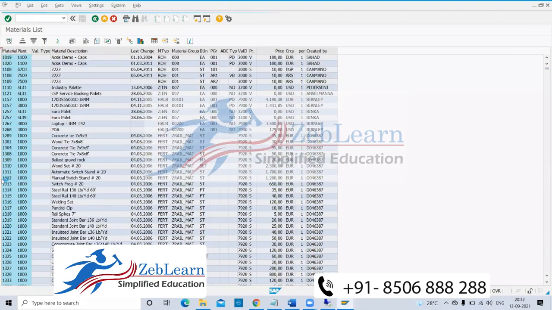So these are all the internal number range, whatever the user has maintained. That is coming. Similarly, we have maintained the 7000 series, so in our case it will come. Suppose you want to check MM, we have not created any material master yet. So to create a material master, there is a T code MM01.